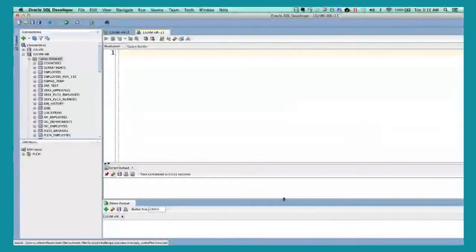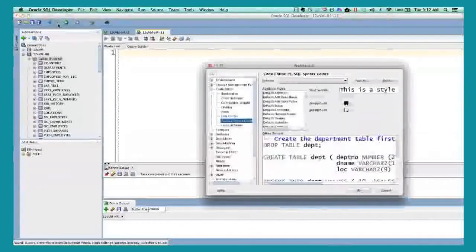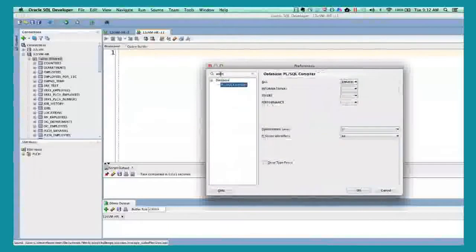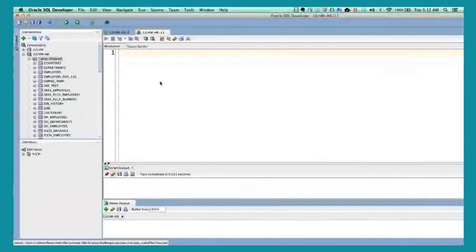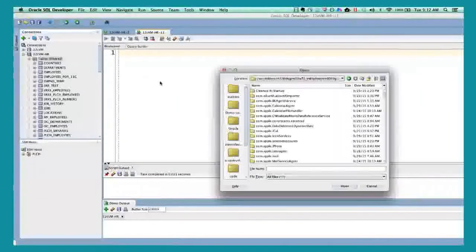So here's SQL Developer, and first of all, note that if I go into Preferences and type Warnings, it'll take me to the PLSQL compiler page. And right here, I can enable all warnings. I can enable just an individual category and so on. So you've got a UI that will automatically set your warning status when you log in, when you connect. So I've got enable all. Great. So let's take a look at some code.